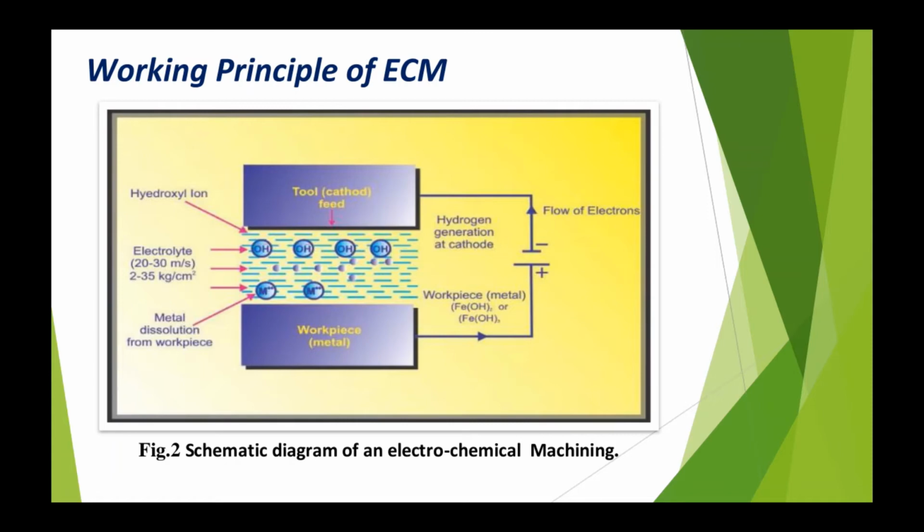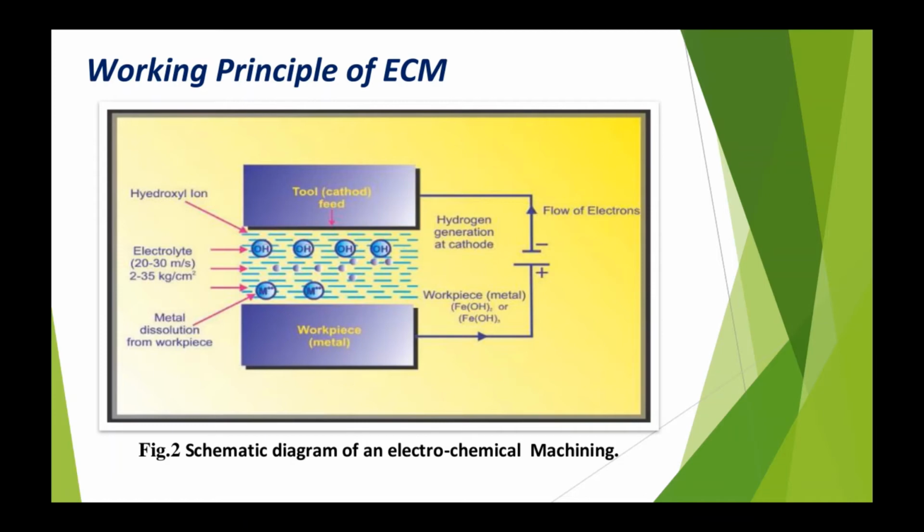Let us take the example of machining of low carbon steel, which is primarily a ferrous alloy mainly containing iron. For electrochemical machining of steel, generally a neutral salt solution of sodium chloride, that is NaCl, is taken as an electrolyte. The electrolyte and water undergo ionic dissolution